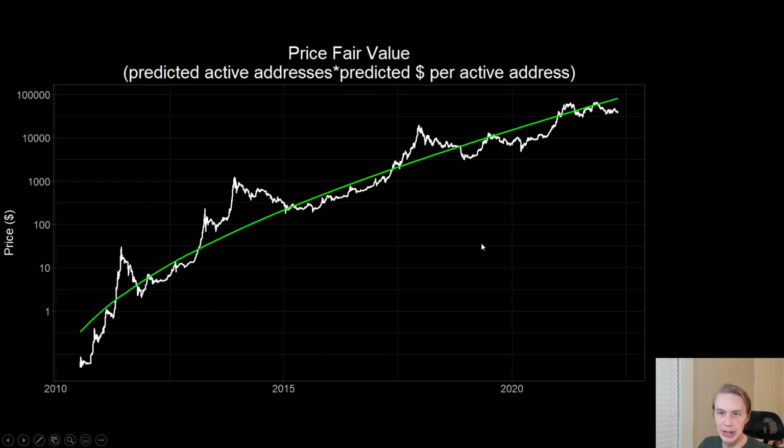And now this will be different, obviously, than what you're going to get from just fitting it to the price action, right? You can see that it still seems to be doing a fairly reasonable job of explaining it, but you'll notice that from this version of fair value, we're quite a bit undervalued right now. In fact, we're as undervalued as we were back here in the depths of 2018, roughly, if you just eyeball it,